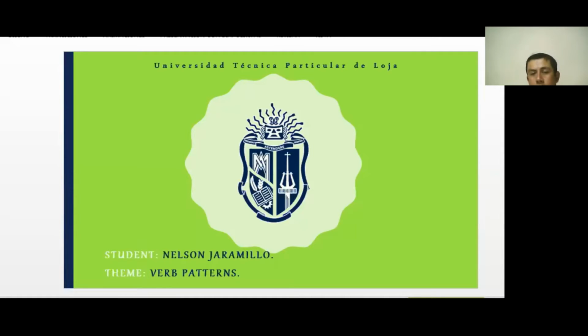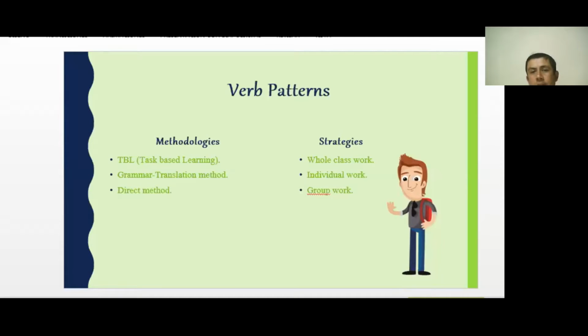This lesson plan was designed for students of second grade of baccalaureate, which is elementary level of English. In this lesson plan, students will be able to, first, follow instructions, second, interact sometimes, third, recognize verb partners in present, and finally construct sentences with verb partners in present. The topic of this class is verb partners in present, and the methodologies that I will apply for this class are